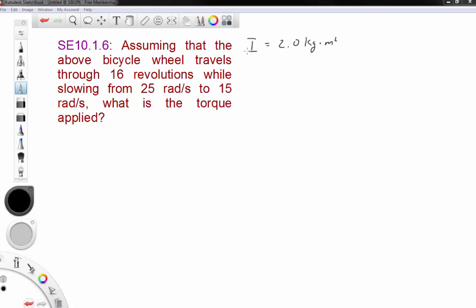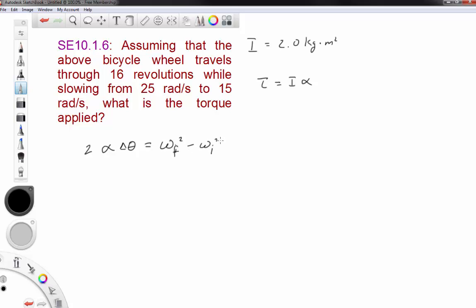Well, the moment of inertia should be multiplied by the angular acceleration to get the torque. So tau equals I times alpha. So what we need is to figure out what the angular acceleration alpha is, and then we can get the torque. Well, the angular acceleration alpha times 2 times the angle for which this thing passes should be equal to this difference in